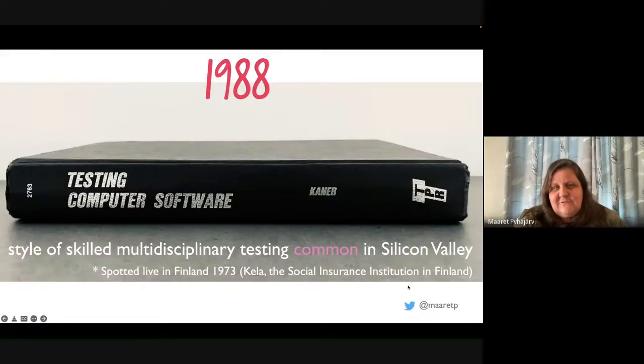Diving into that, I need to first explain a little bit what exploratory testing is. Back in the days, before I was even a young tester, I started 25 years ago myself as a tester. But before that, there was this gentleman, Ken Kainer, who was a test engineering manager in Silicon Valley based companies. And he realized that some of the successful product companies, actually many of them, were doing testing very differently than the